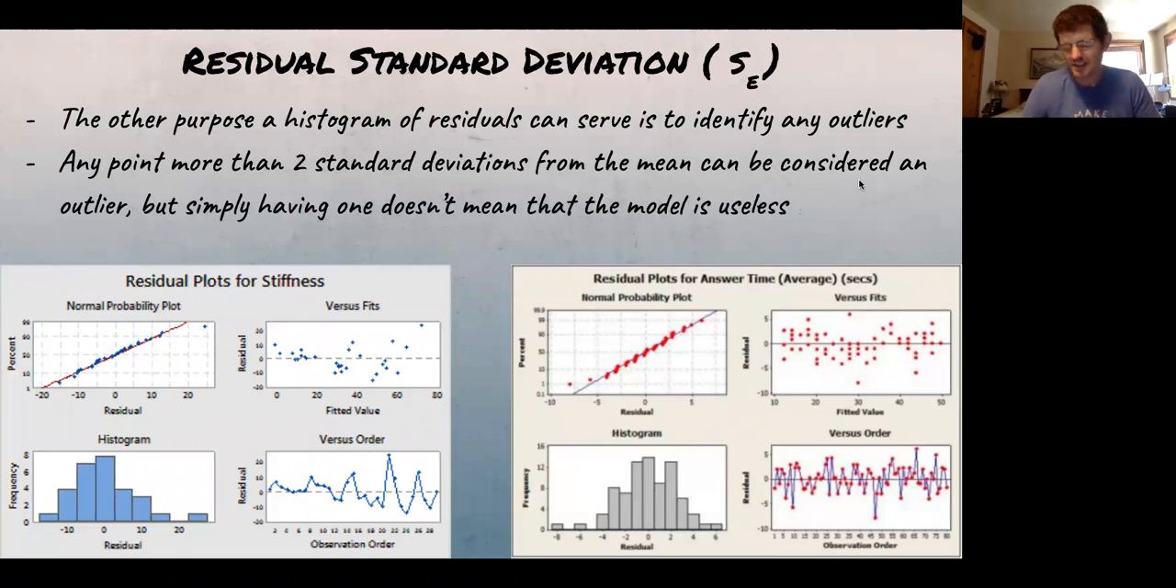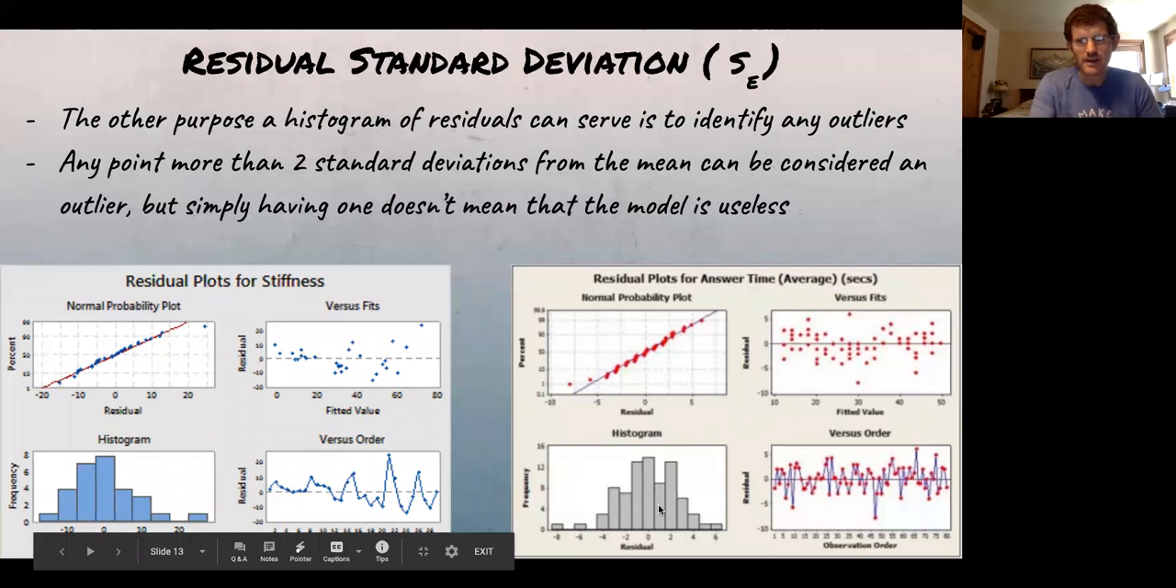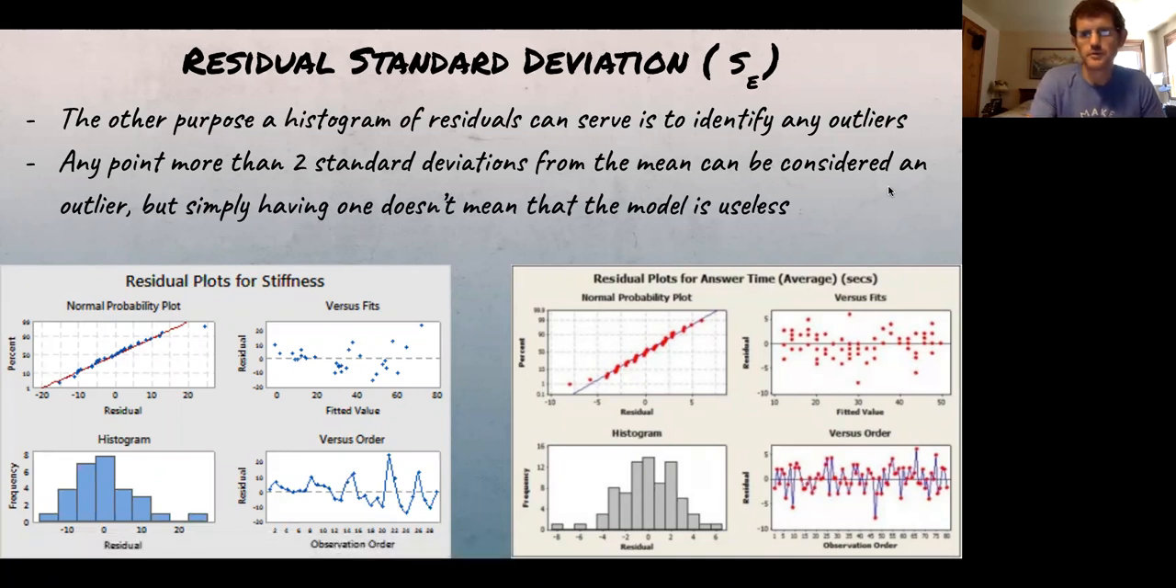I've never seen an AP problem where it gives you a scatter plot and then asks you to go through, create a histogram of the residuals and determine outliers from there. But as a brief aside, and I hope I'm not getting too far into the weeds or too much stuff right now, but